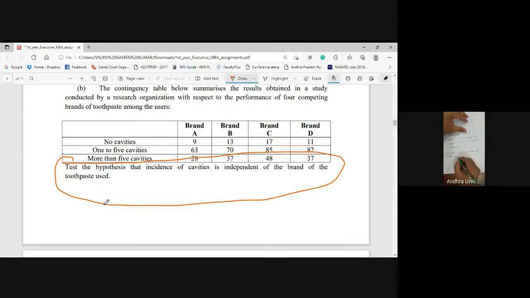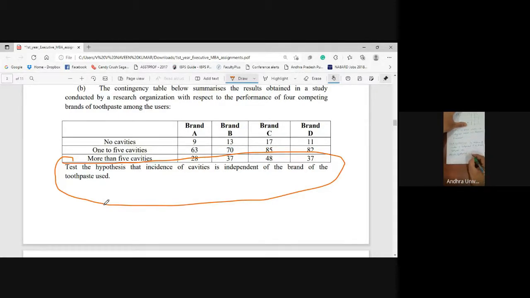The incidence of cavities is independent of the brand of toothpaste used. That ends the null hypothesis. Similarly, alternate hypothesis can be taken as